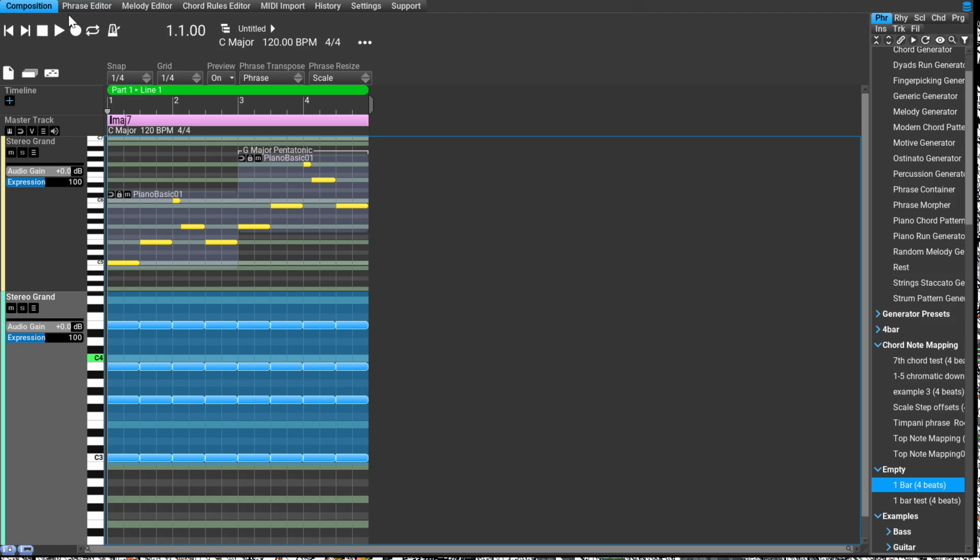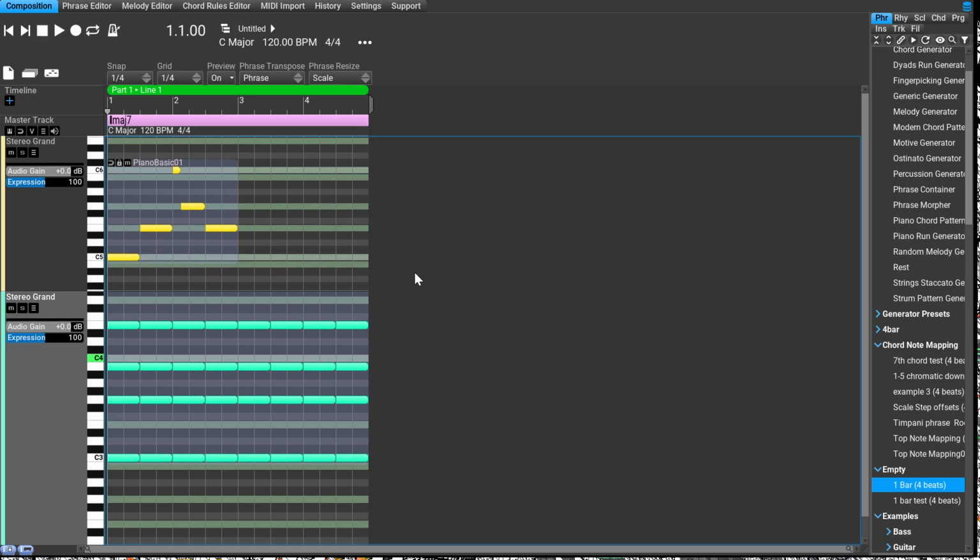Now, what I've done is, let me delete that. I'm going to take this phrase, this C, E, C, G, E, and control drag it over to measures 3 and 4. So this phrase is 2 bars long, and I'm just dragging the exact same phrase over. Now what I'm going to do, and here's the key,